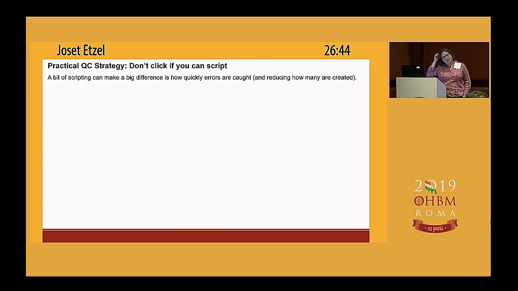So that was some high level, maybe managing the people a bit, trying to minimize errors. This is a little bit of a shift, though it's still in that flavor of talking about scripting, because how you set up your procedures can make a big difference in how quickly you're catching errors. For a concrete example, we use ePrime to show our experiment stimuli. It's like PsychoPy, Presentation; there are a lot of those sorts of programs. And it makes its own outputs, which we convert as quickly as possible out of the proprietary format into just